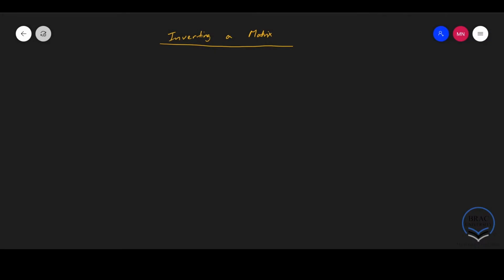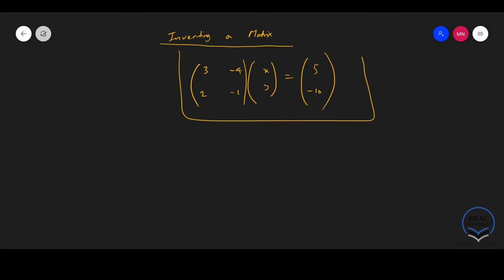All right, we have shown that we can easily solve a system of linear equations. So a system of two linear equations of two variables. Let's say I have this system. So we have some coefficient matrix like this times this column vector, and this is equal to 5, -10. If I have a system of linear equations such as this, I can easily solve this for x and y using Cramer's rule,